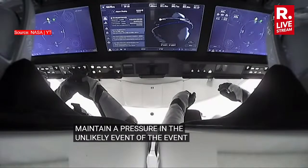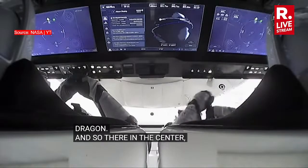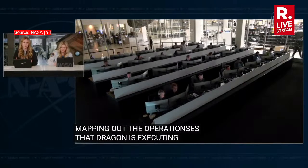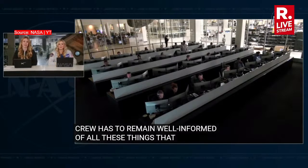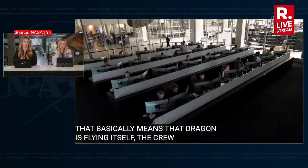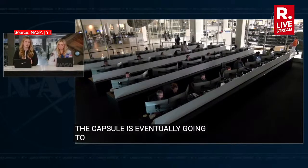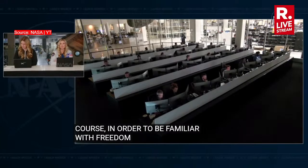So there we can see those screens I was talking about. There in the center, we've got the location tracker, as well as on the left-hand side, it's mapping out the operations that Dragon is executing. The crew has to remain well informed of all these things that Dragon is doing autonomously. That basically means that Dragon is flying itself. The crew has the ability to gain control of the capsule if necessary, but the capsule is essentially going to bring itself home. But of course, in order to be familiar with Freedom...